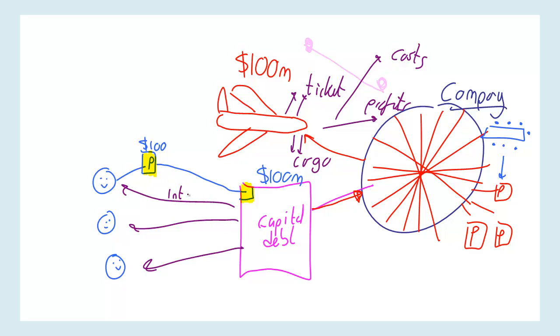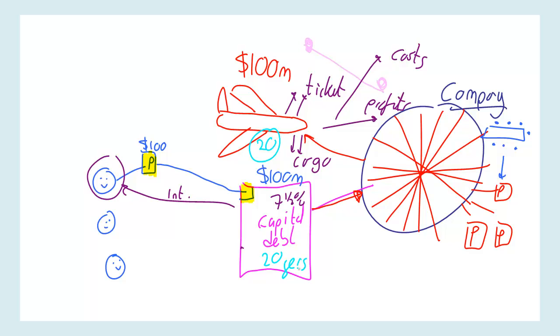So, interest on the loaned money. Let's not worry about these two bottom people. Let's just worry about this little person here. They'll be getting interest, and that will generally be specified. It might be 7.5% on the original issue of the capital. So they're going to get $7.50 a year for their $100 worth of debt that the company has issued to buy the plane. And then after a specified term, let's say this plane's going to last 20 years, they say after 20 years, whoever's holding that piece of paper will get back $100.